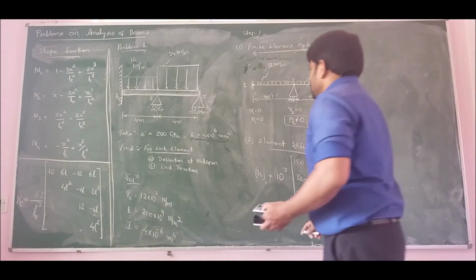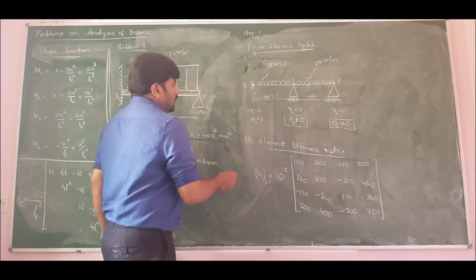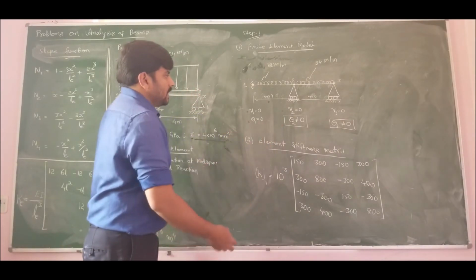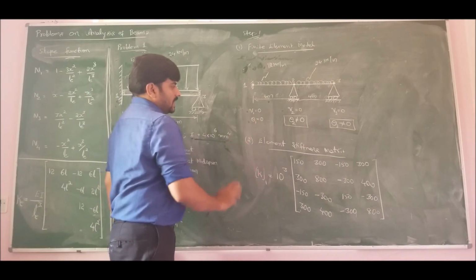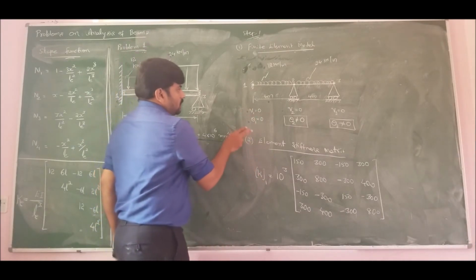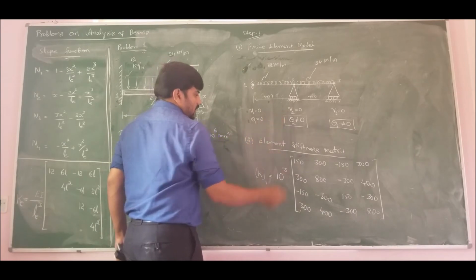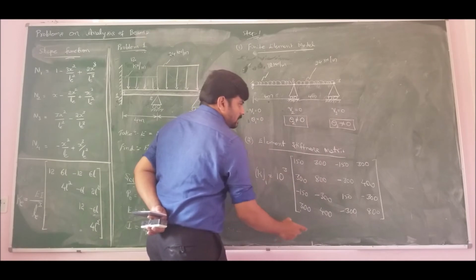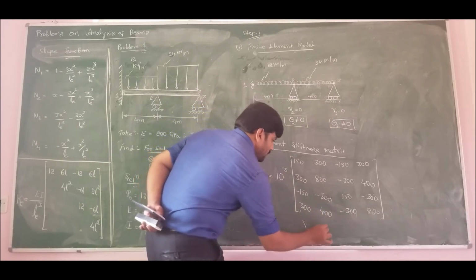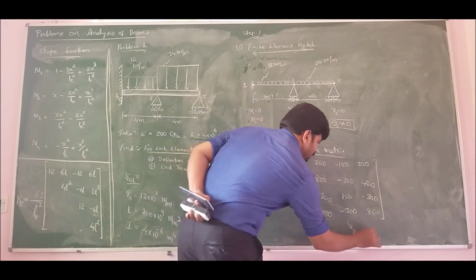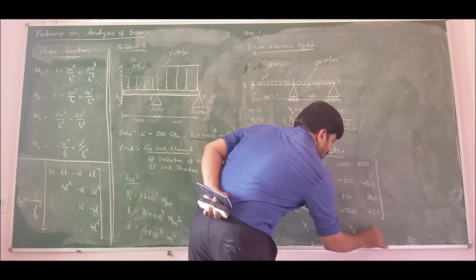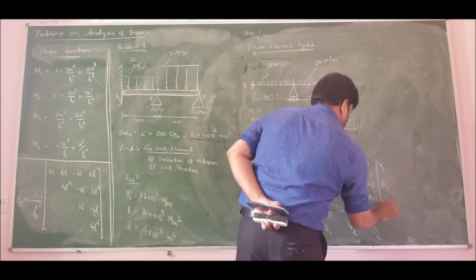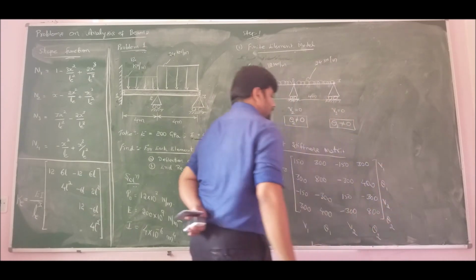Now for element number 1, the nodal variables are V1, theta 1 and V2, theta 2. To compute the global stiffness matrix, mark the nodal variables for the corresponding element stiffness matrix. I should mark V1, theta 1 and V2, theta 2. Therefore, I should write at the top. Since I don't have any space, let me write it at the bottom. So V1, theta 1, V2 and theta 2. Here I will get V1, theta 1, V2, theta 2.